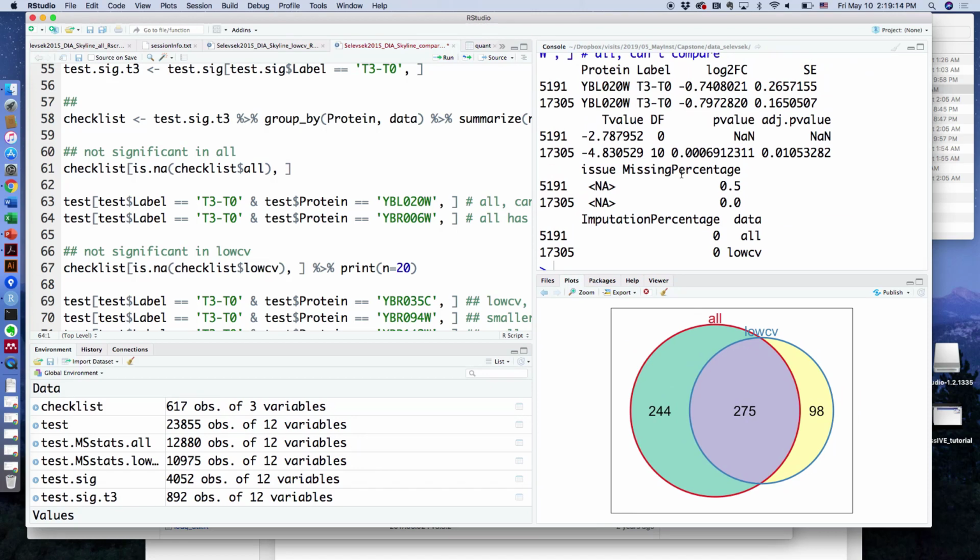So here is the result. The estimated log2 fold changes have the same direction, but the SE is different, and the other one is NA, and then something actually shows some p-value. So what I did is